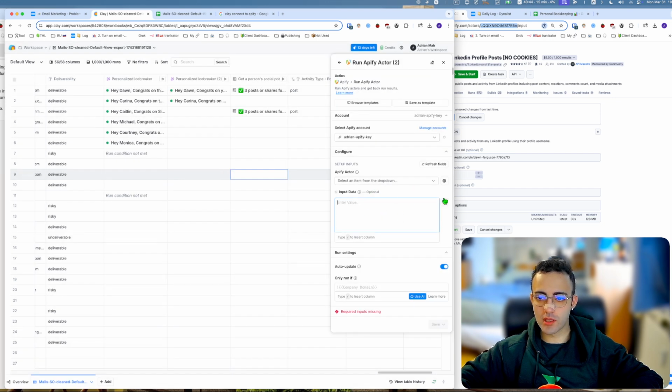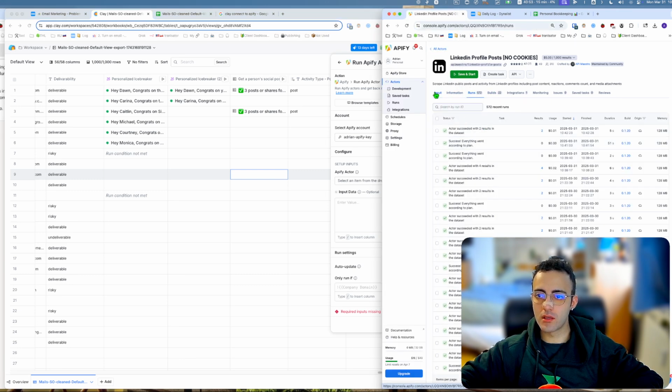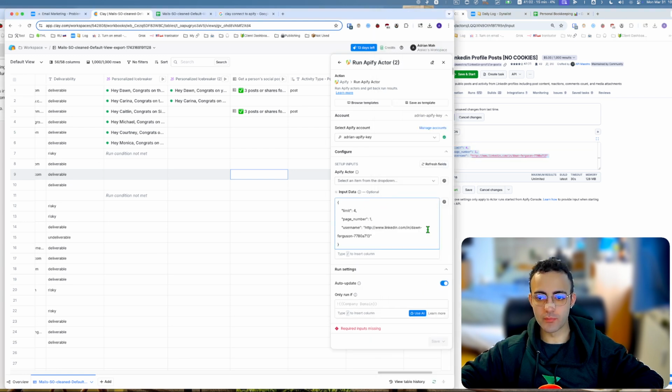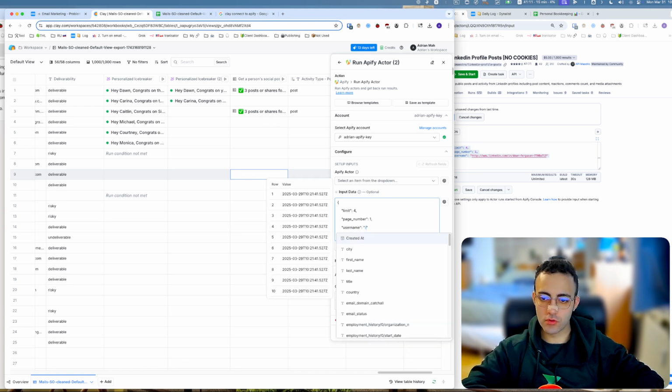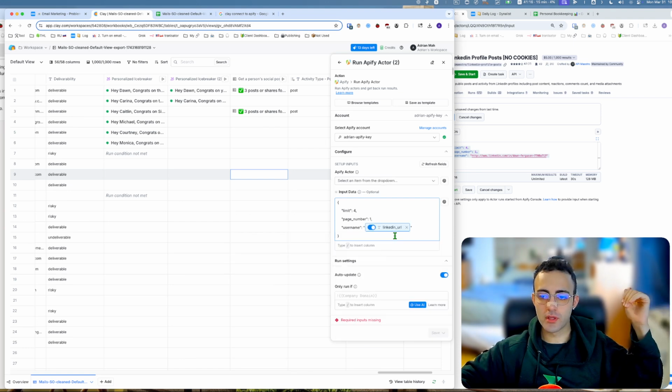Okay, so input data, you choose the formula, okay? Because with formula you can see what's going inside. And for example, in this case, if we look at input JSON, this would be the JSON file we are feeding in. One little caveat though, this is something that might mess you up. When you're feeding in links, you definitely want it to be connected to other cells. So you do a LinkedIn URL, because I have a column here which is a LinkedIn URL, right? And then now this one, if you run it, if we just run it for fun,